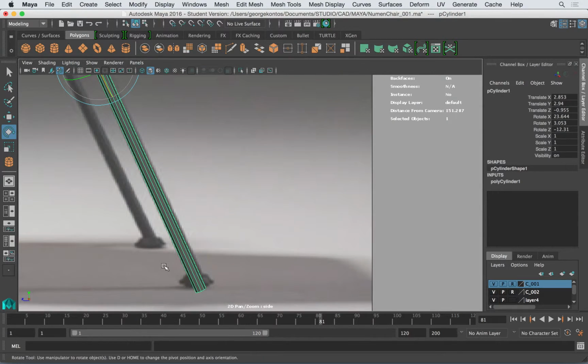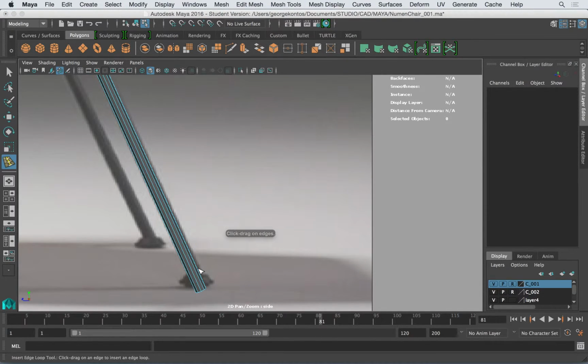Now notice that this has to change direction. What I'm going to do is add an edge loop over here and grab these vertices down